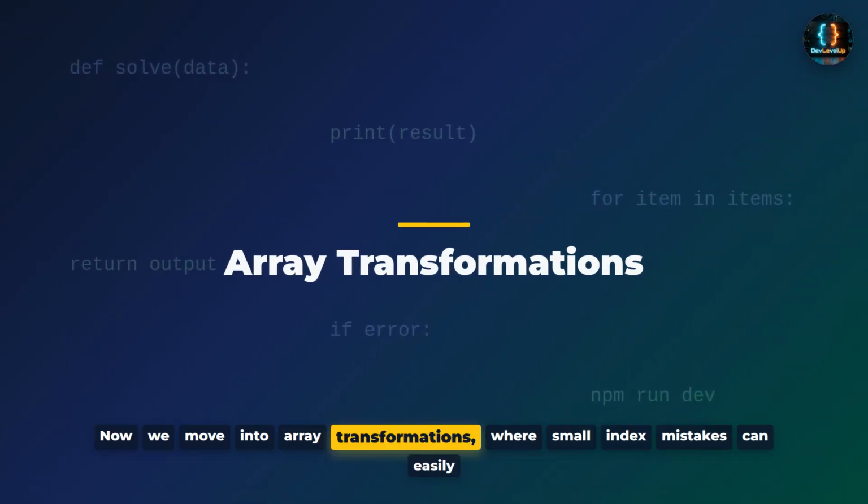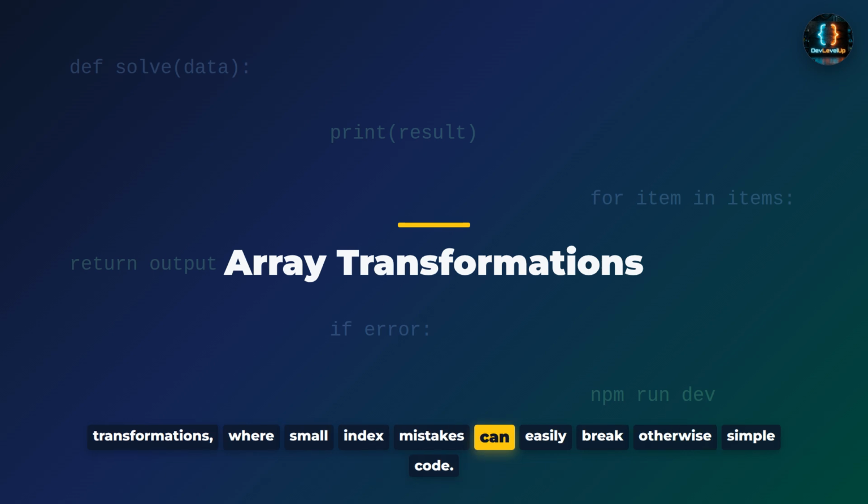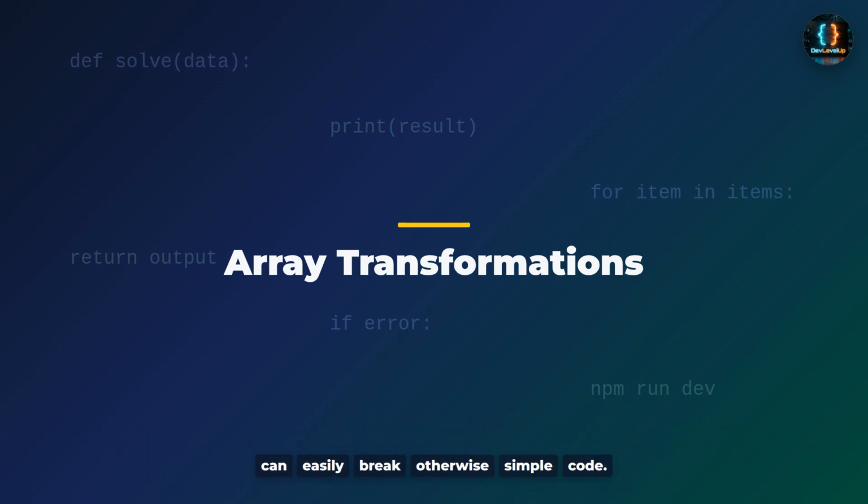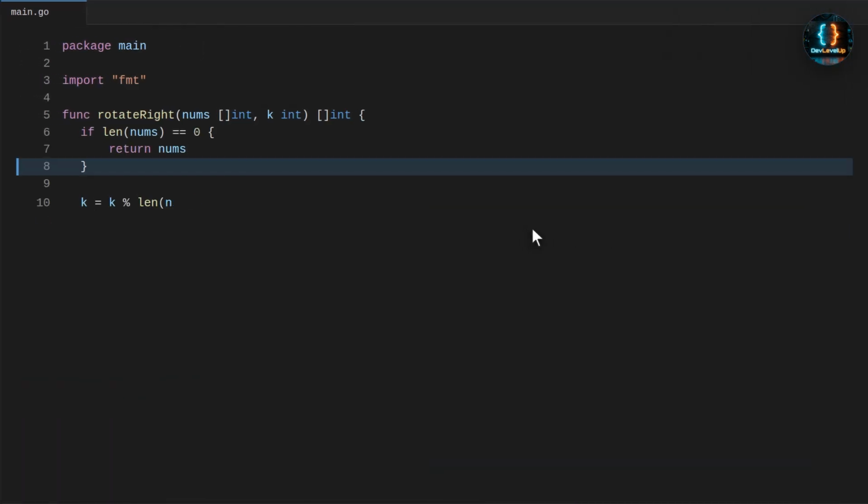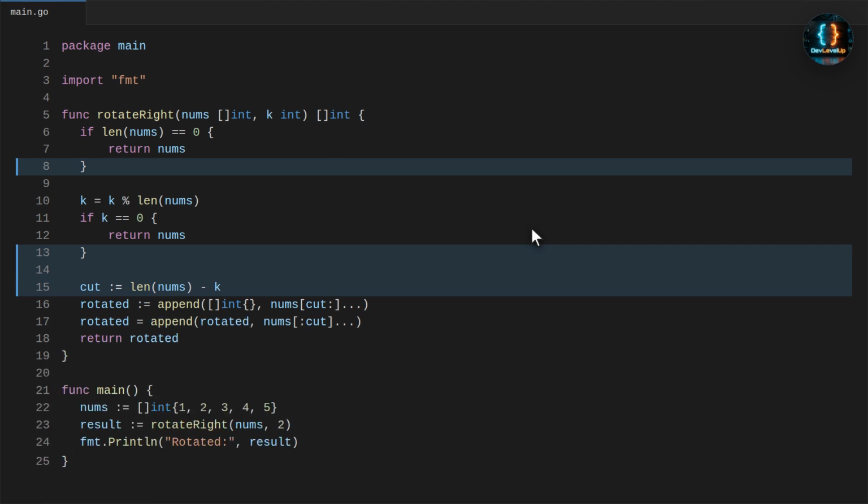Now we move into array transformations, where small index mistakes can easily break otherwise simple code. Your task is to rotate a slice to the right by k positions. This is useful when a queue, carousel, or schedule needs to shift order without losing any values. We normalize k, split the slice near the end, move the tail to the front, and now we run it